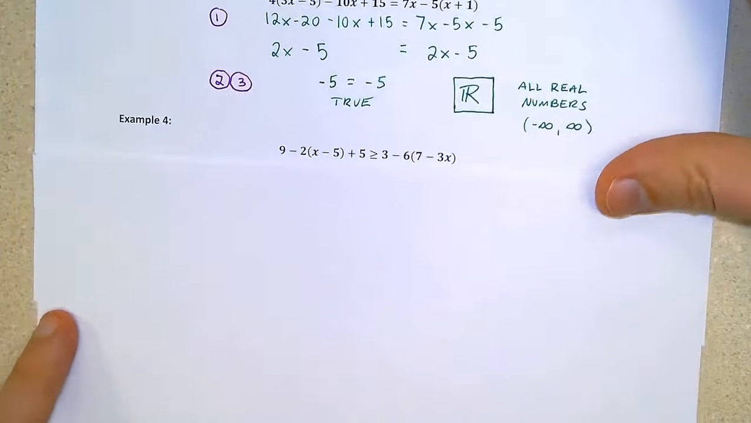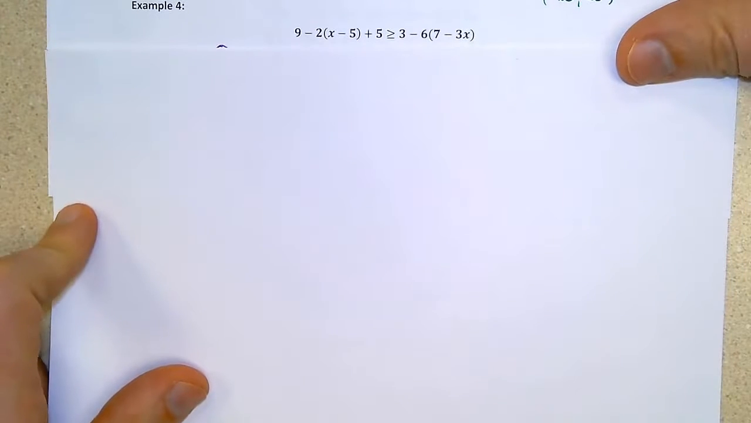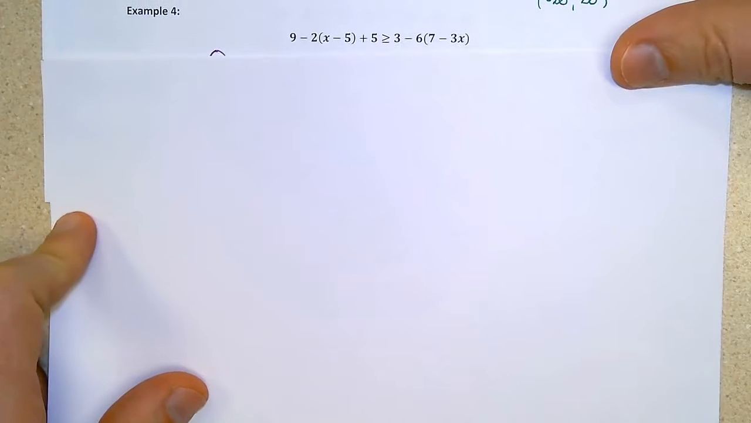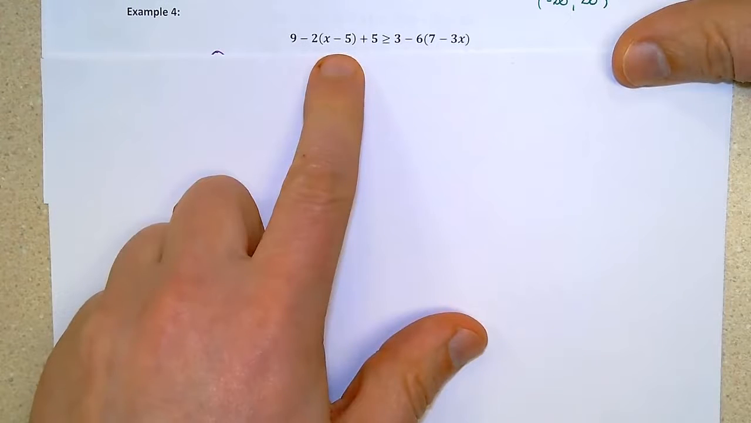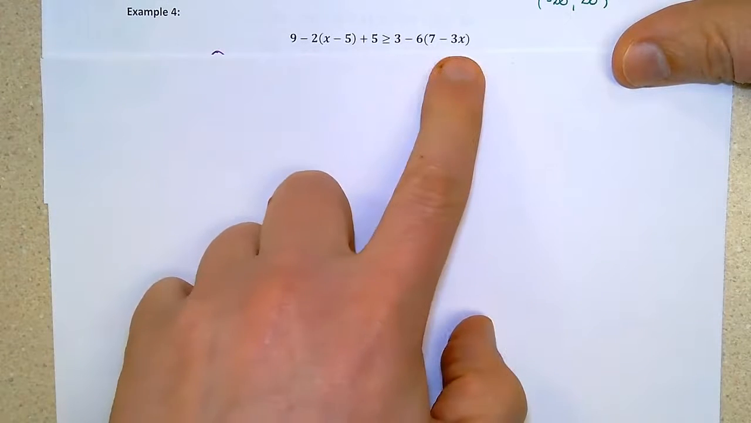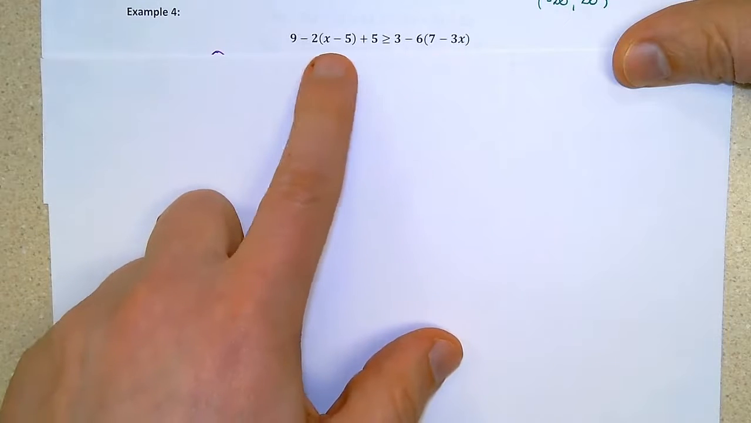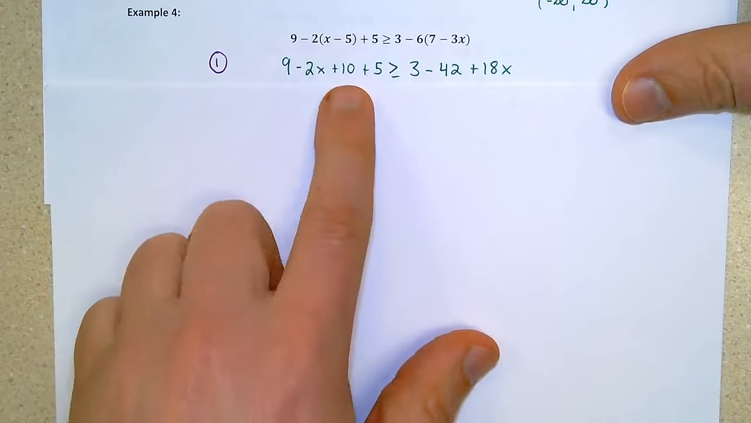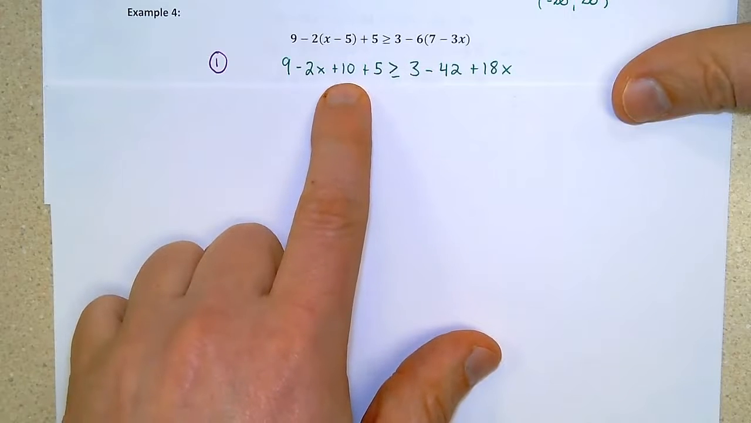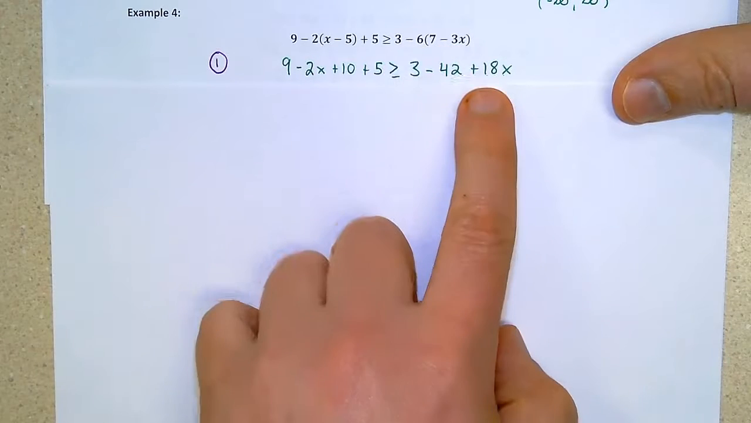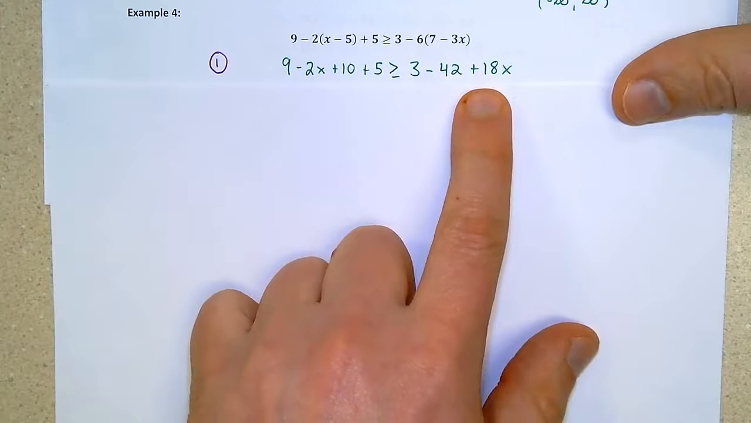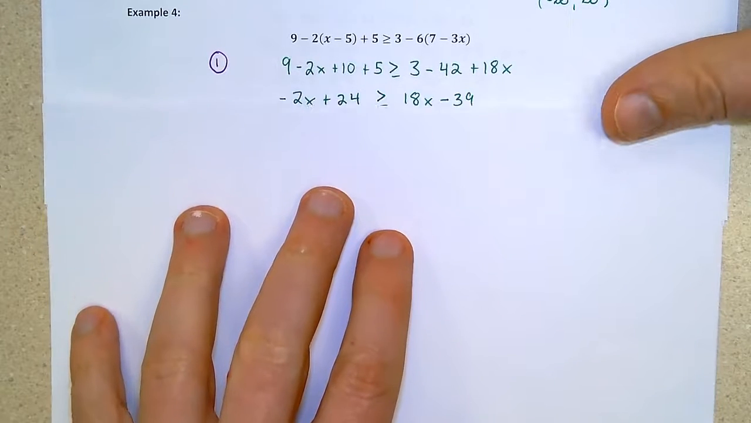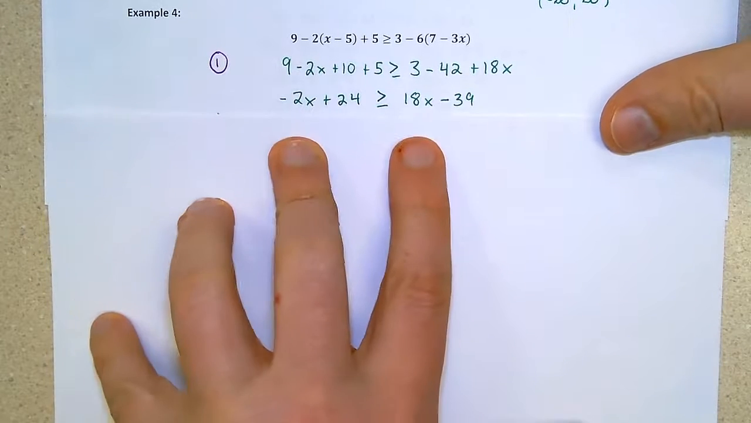Okay. Example 4. Distribute the negative 2 into the parentheses set and the negative 6 into the parentheses set, noting that two negatives make a positive, so that negative 2 times negative 5 is positive 10, and negative 6 times negative 3x is positive 18x. Then we'll gather the like terms on each side,